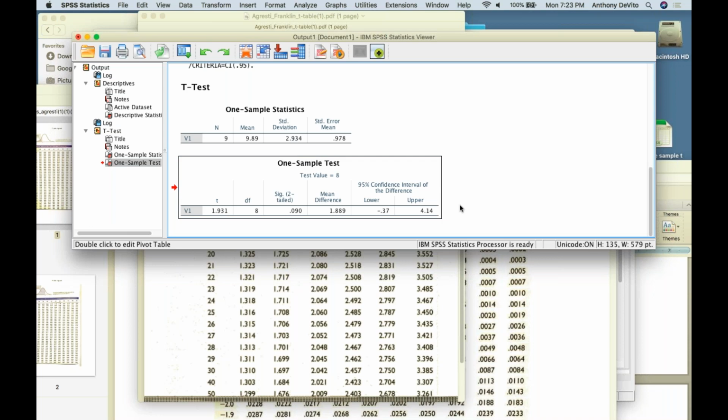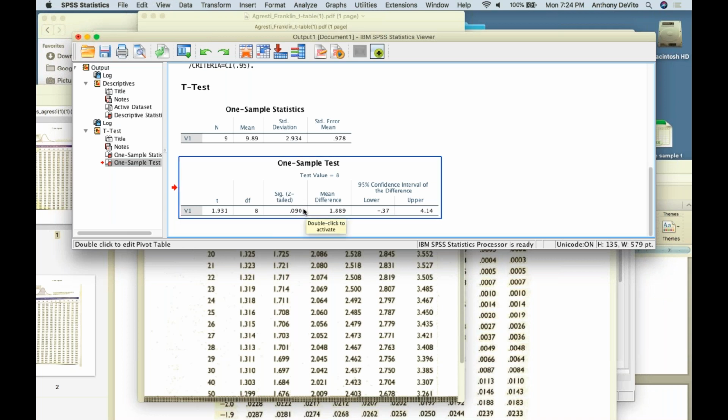In fact, SPSS, unlike us, who can only go to the t-table to get critical values, can actually calculate the probability that we would be wrong if we reject the null hypothesis. It calls it the significance, or p-value. Two-tailed, it says is 9%. Two-tailed because it's 4.5% on one end, 4.5% on the other end. So overall, the probability of us being wrong is 0.09.